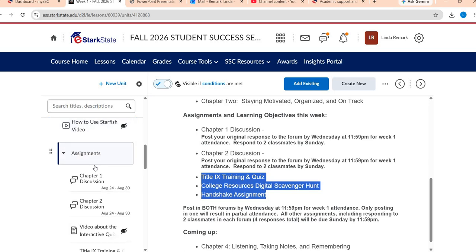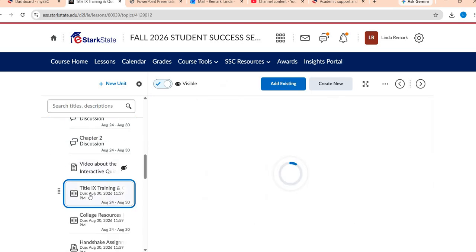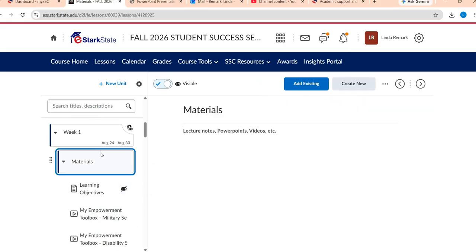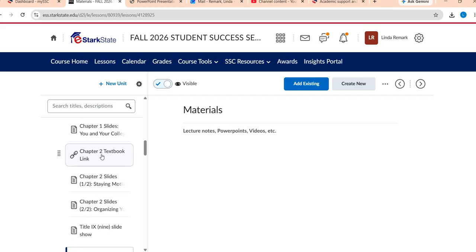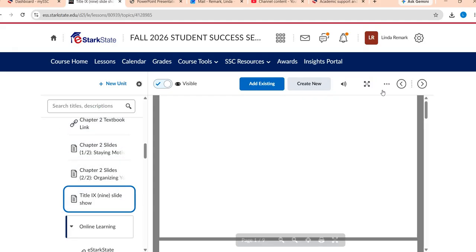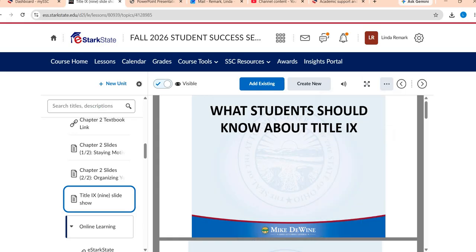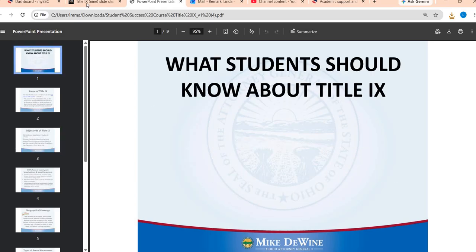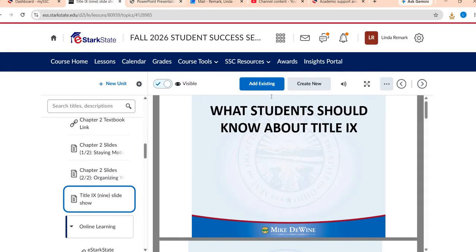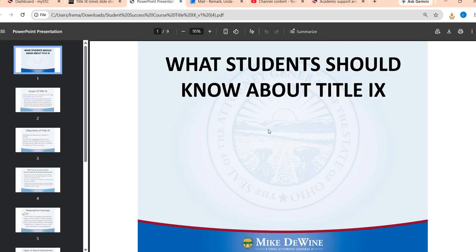All right, so in the assignment folder, I'm going to go ahead and click on the Title IX training. If I'm not familiar with Title IX, I can scroll right up in the materials folder and I can see, and there's a lot, there's not always going to be this many materials every week, but there's a Title IX slideshow. So I can definitely hit download and have that opened up in PowerPoint in the tab next to the assignment. You are more than welcome to use this while you take the quiz. I do not expect you to just know this stuff or remember it immediately after learning it. So you can definitely have that up and going right next to you.